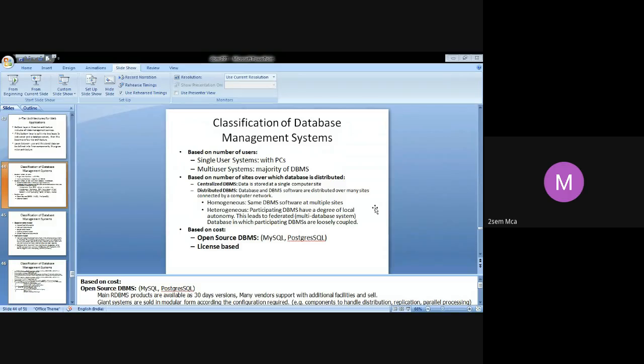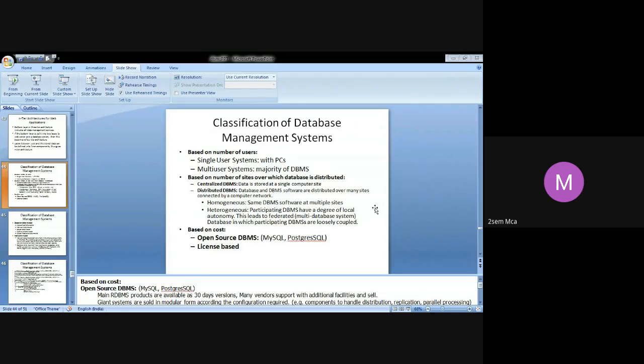What is the difference? Homogeneous means the same database software is used on multiple sites. Heterogeneous means you have pre-existing autonomous databases stored under different DBMS.